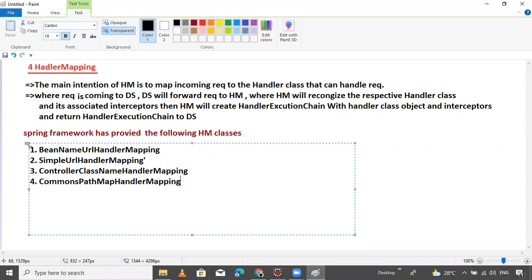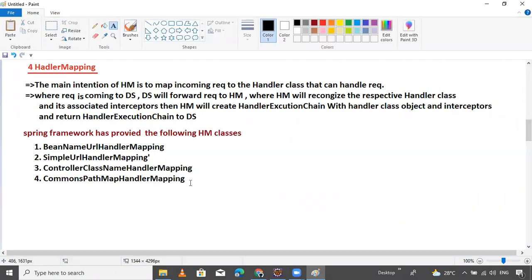These are the four classes inside Spring MVC. Got it, guys?